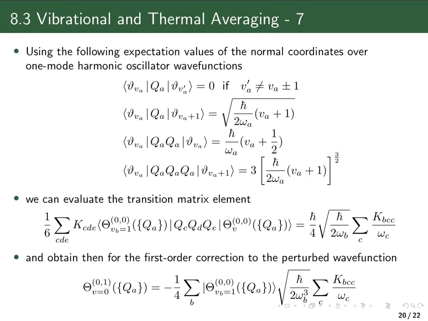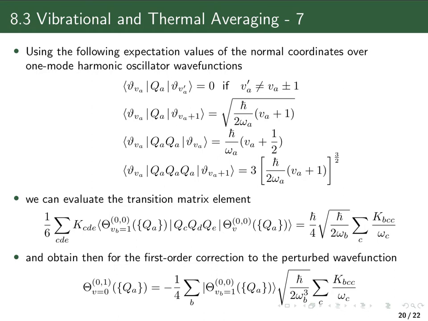And that's what you're going to do in one of the exercises. It then turns out that the integral which we have in the numerator of our first order correction to the wave function becomes this simple expression here, where here we have the cubic force constants and here we have two of the harmonic frequencies. So the total first order correction to a ground state vibration wave function looks like this,